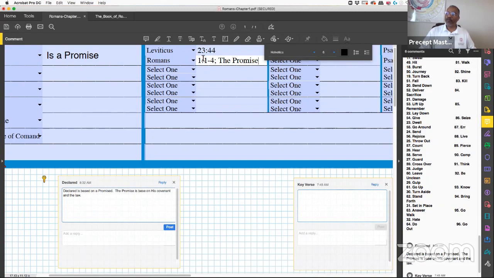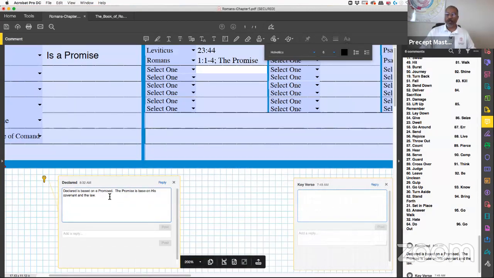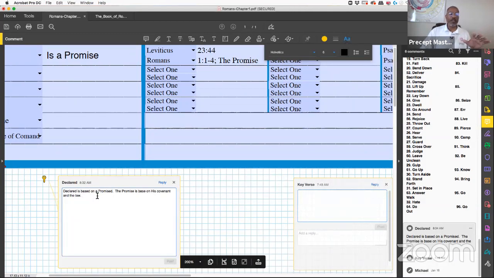And we know, so now when you sit there and see that there, now you know this promise is actually tied to declared, because we also had this down here. Declared is based on a promise. So he made known that promise to you. And now if you want to be a little bit more knowing in what you were doing, same thing. I didn't put it in here, but for some of us, so we can remember and not forget, we can even do this. So, and then we know in Exodus 19, verse 5 and 8. So we know here we'll do it this way. This way we'll do it to where we won't have no issues. Let's do it this way.